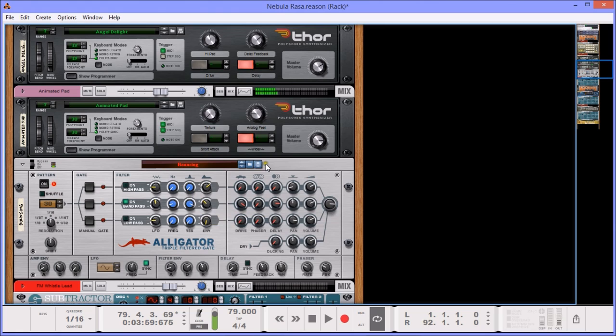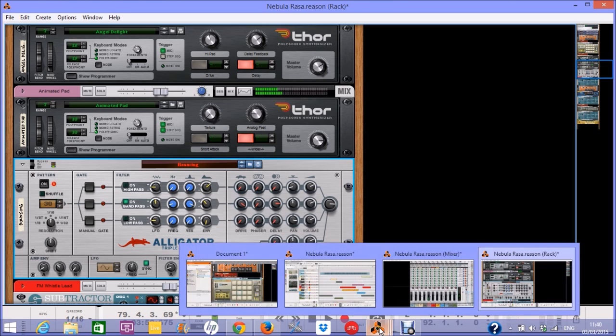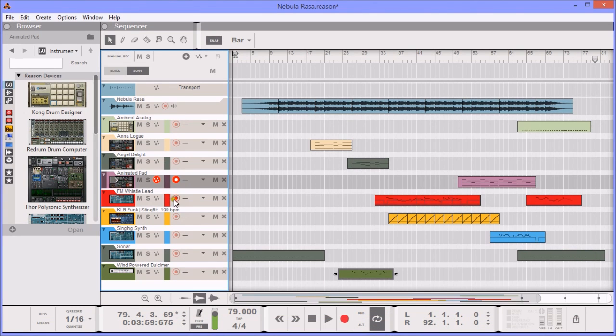And at first I went through stacks of different ones, but the one I liked the best, without playing around too much, was the bouncing one, because you still got some of the actual sustained chord behind it as well, which was nice. And then this one, this whistle lead, I really liked this.